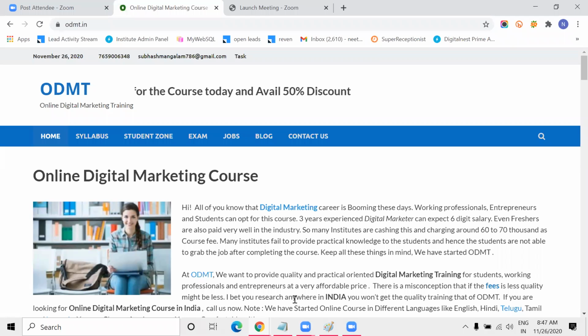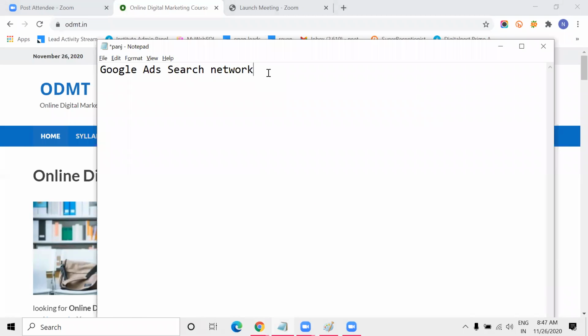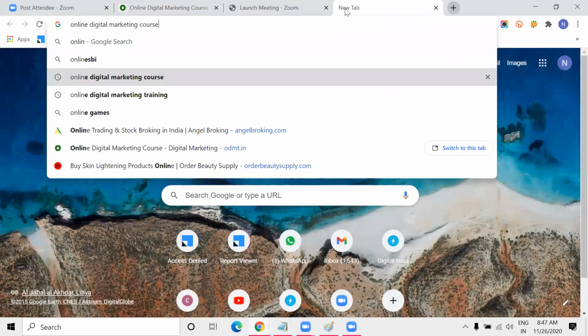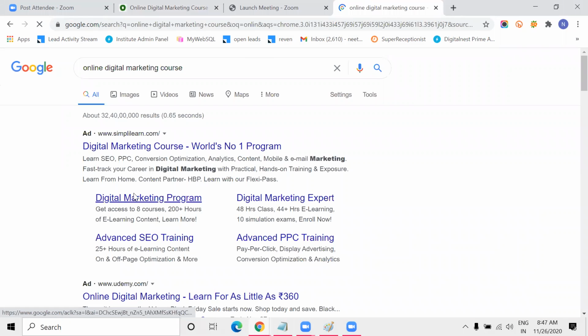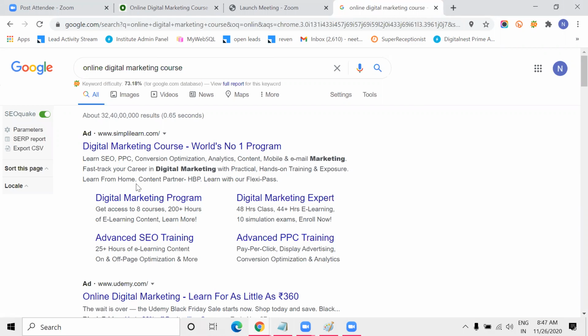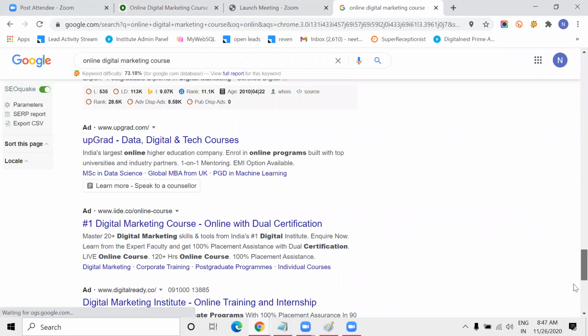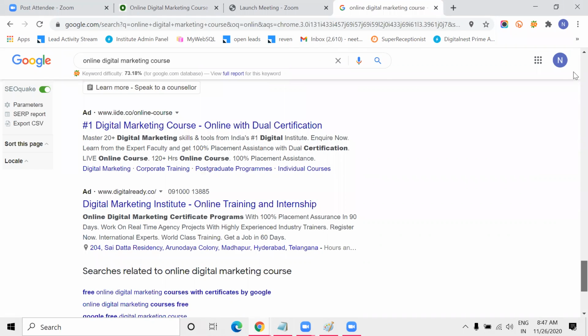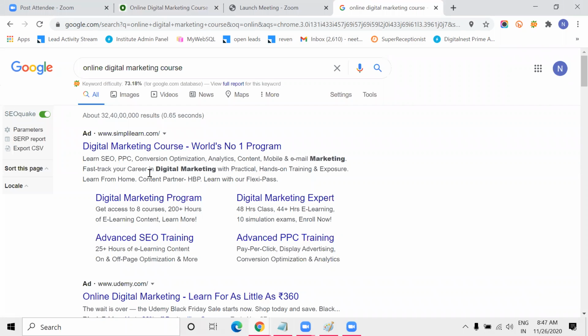In this video, I'm explaining the Google Ads search network, and how to create search network ads. You might have seen someone searching a keyword and you will see these text ads. This comes under the search network. The top 4 will be ads and the bottom 3 will be ads, maximum. So this will be a text ad,